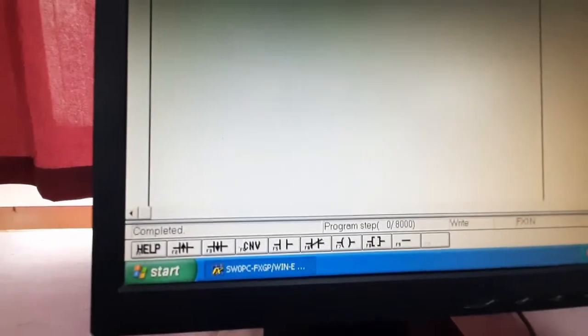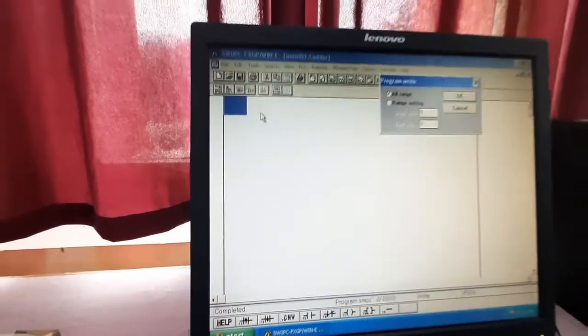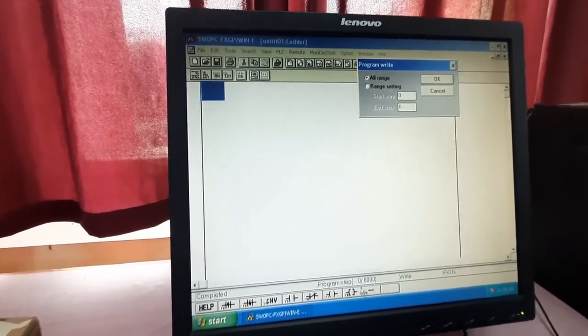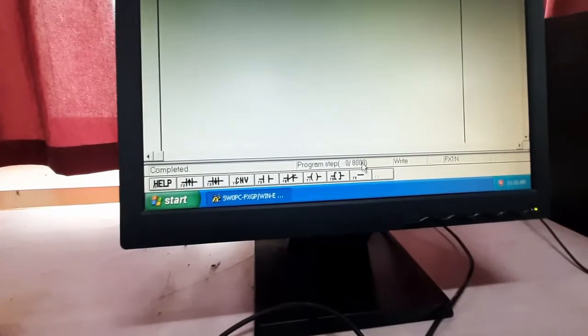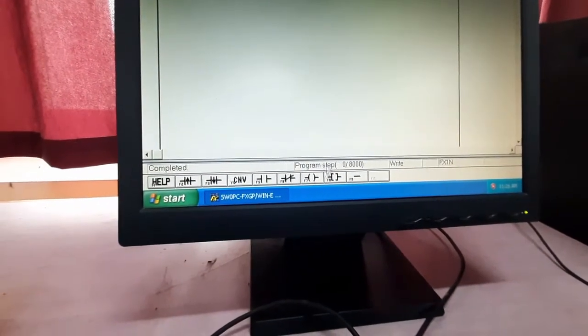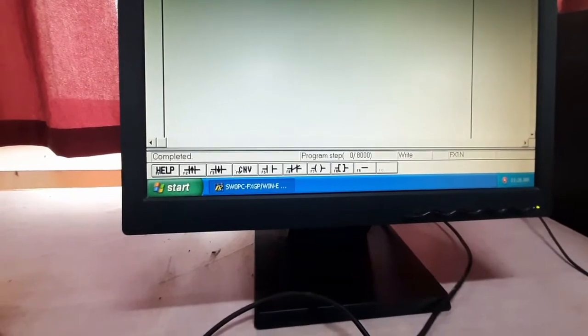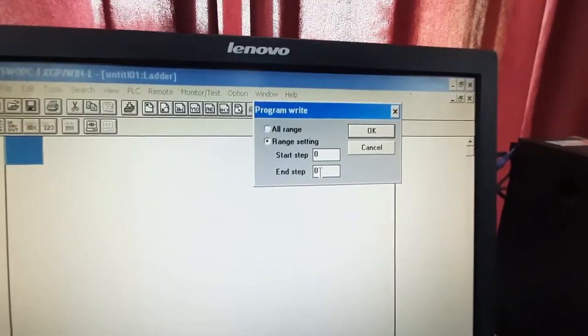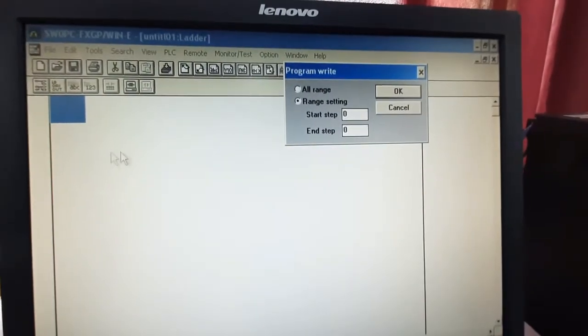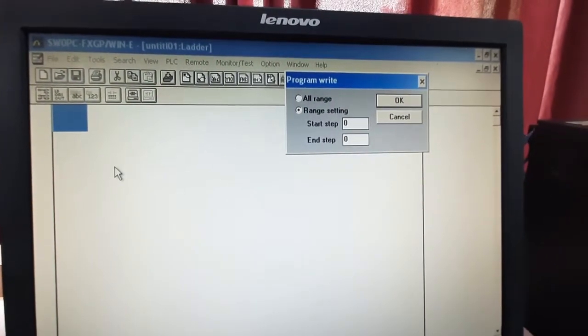Now suppose you are writing only 3 or 4 steps to do your job. We don't need the total of 8,000 steps, because it will execute all 8,000 steps, which is time consuming. So the range setting should be decided by you, based on the number of steps you have used to design your ladder logic.